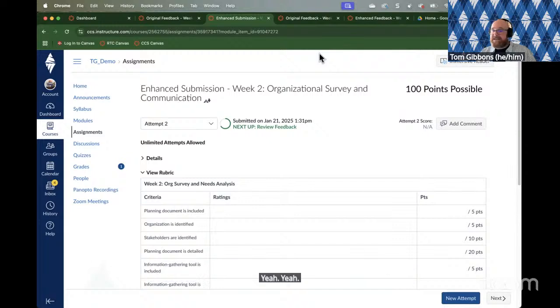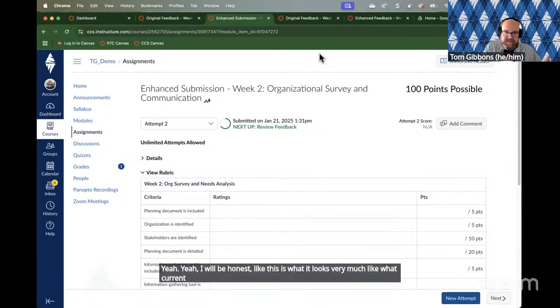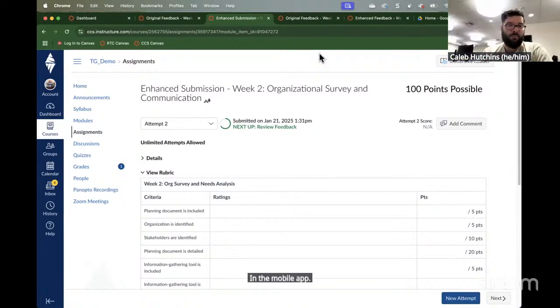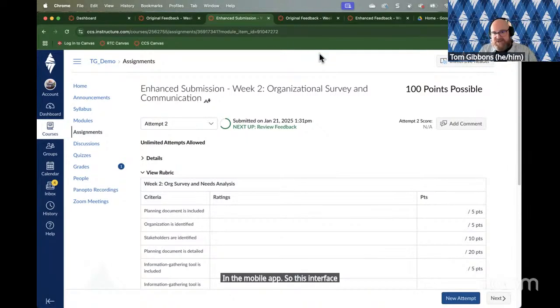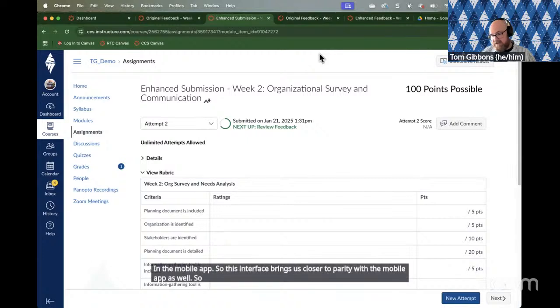I will be honest, this looks very much like what current assignment submission processes look like in the mobile app. So this interface brings us closer to parity with the mobile app as well. Gotcha. So if you have students who heavily use the mobile app, this may not be super different. But